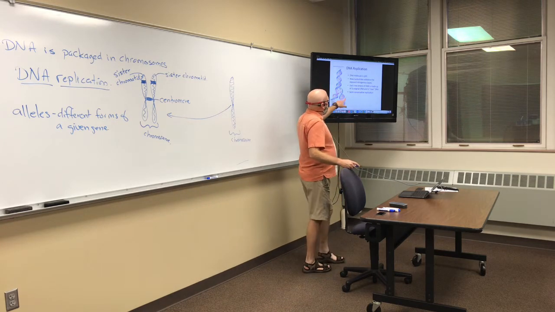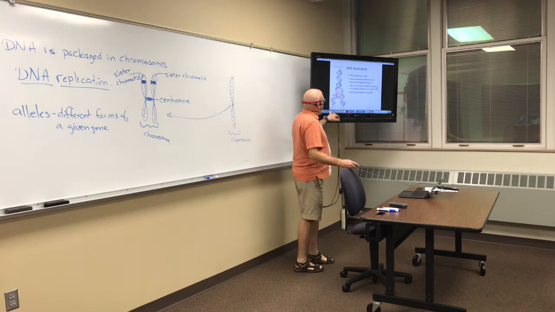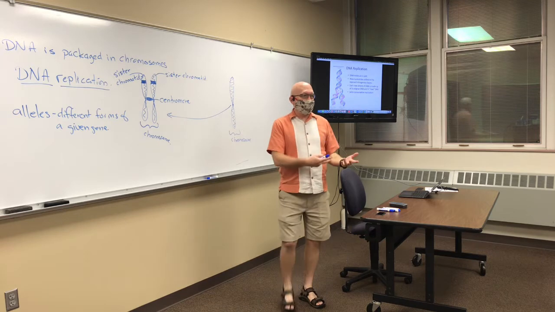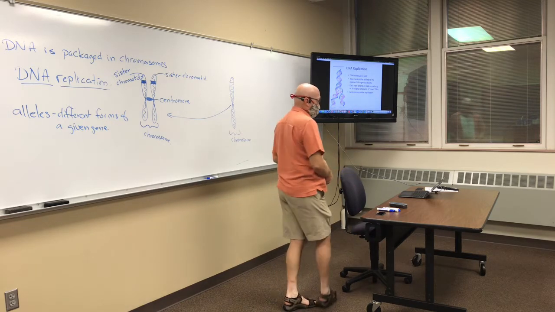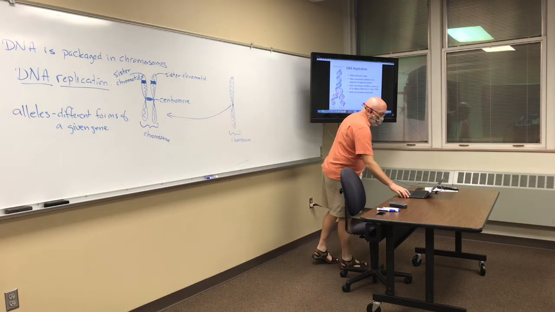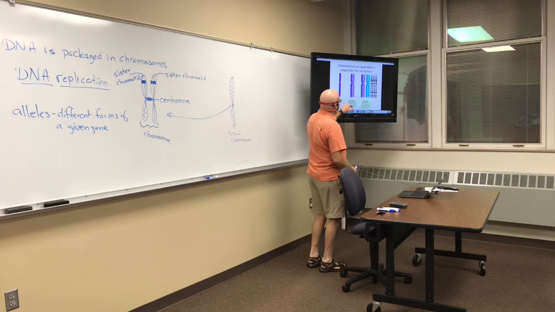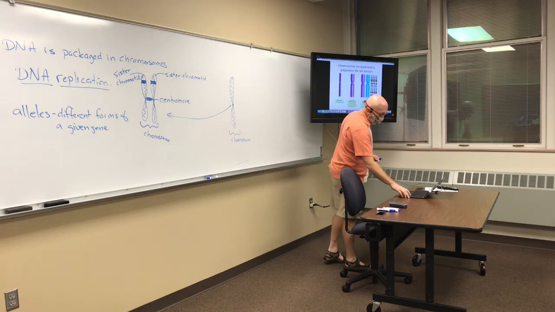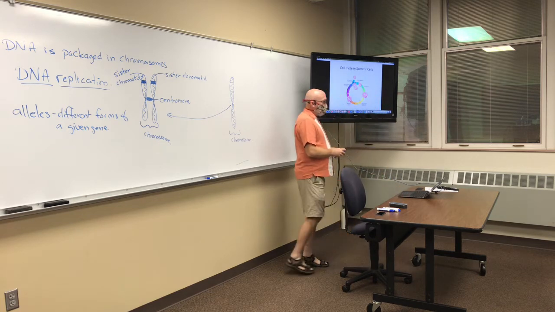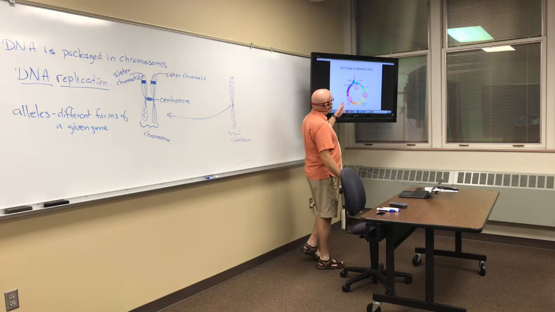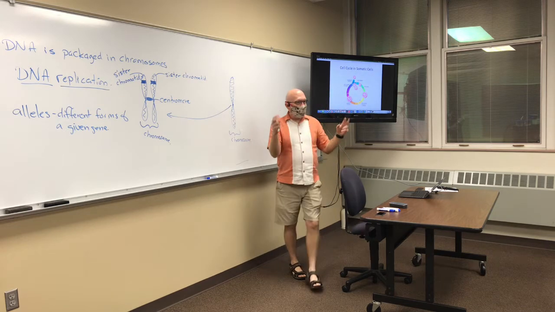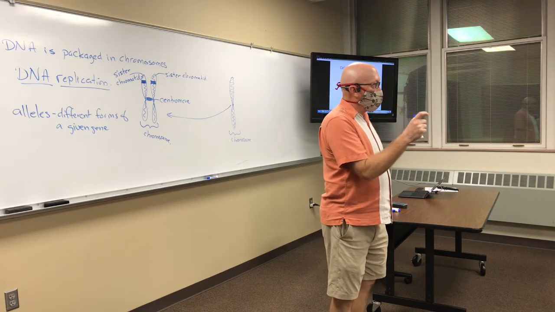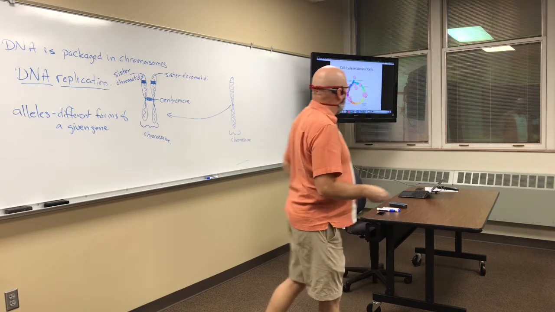It's called semi-conservative because each new molecule of DNA is half made up of the old DNA and half made up of newly formed DNA. And this is how we go from having one chromosome to two chromosomes in terms of the DNA content. So this happens as part of what we can think of as the life cycle of cells, and this is called the cell cycle. And when a new cell is formed as a result of mitosis,